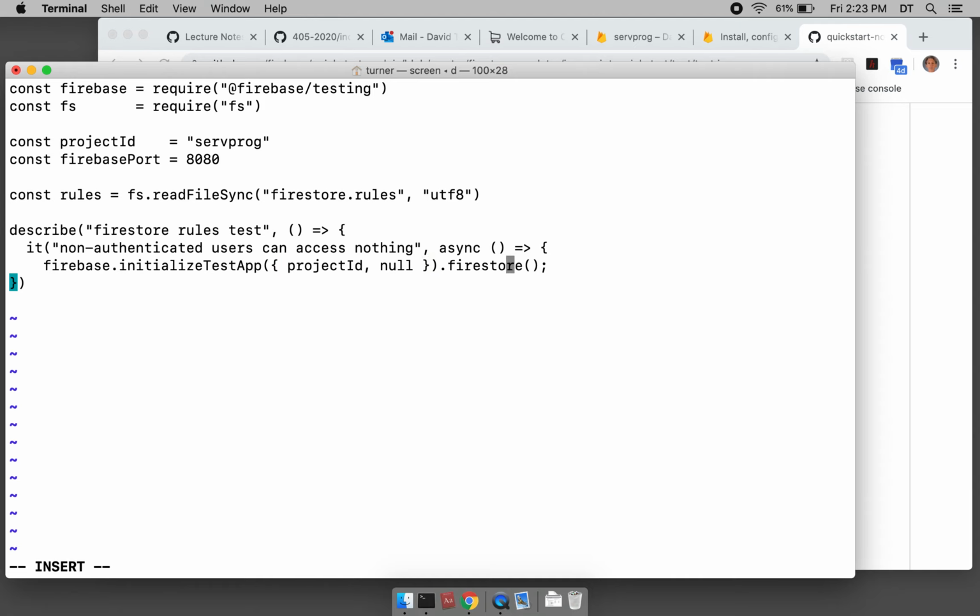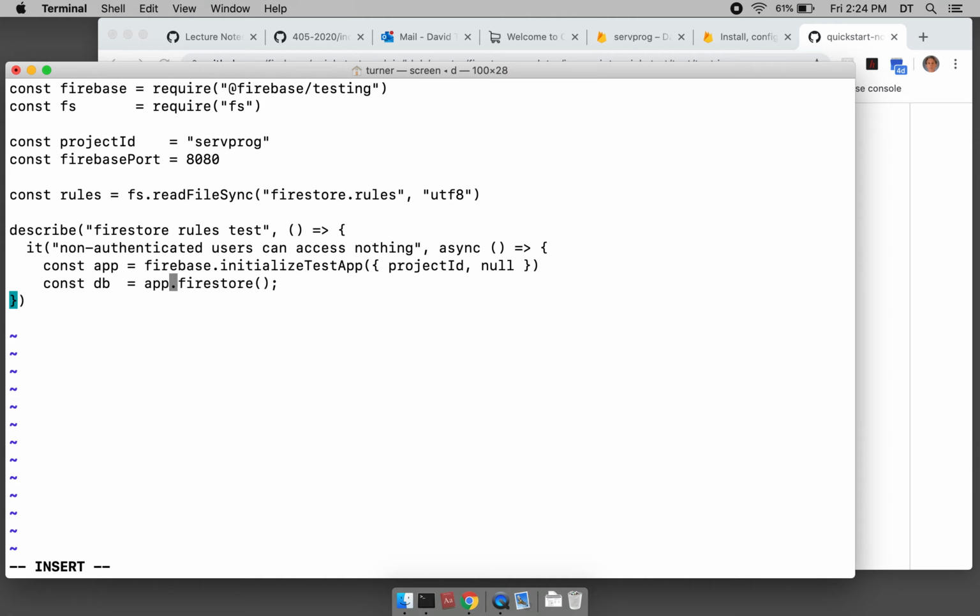And this test app, we're just going to call it app. It's a Firebase. Oh, it's Firestore. So we go. This will be the test app, and then the database